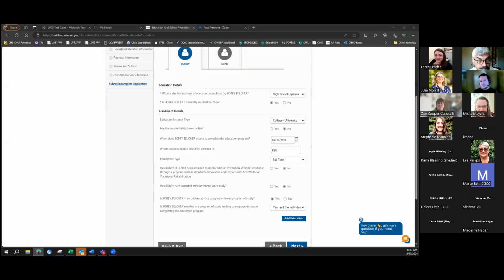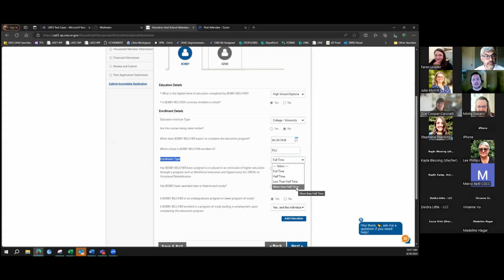Yeah, so to expand on that and to clarify, we're talking about the enrollment type here, the full-time, half-time, less than half-time, or more than half-time questions. That's what actually triggers whether or not we need to determine their student eligibility status. So if someone enters half-time or greater, so full-time, half-time, or more than half-time, it's also termed sometimes at least half-time.